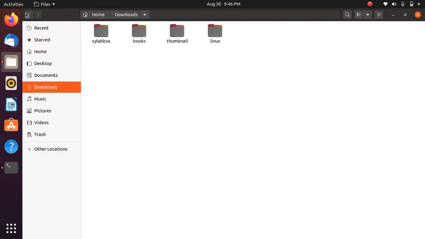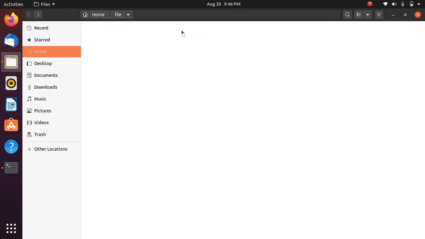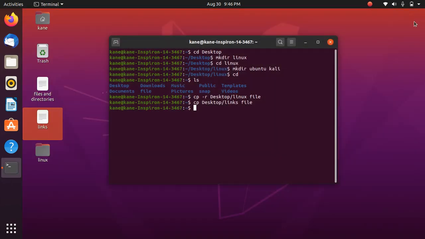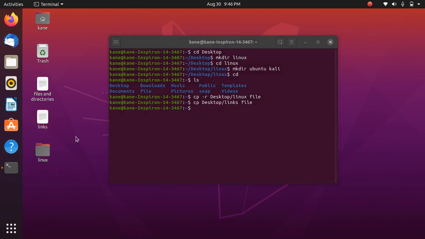As you can see, links is successfully copied inside the folder named file. So in this way you can copy a particular file or folder from one location to another location. If you want to copy one folder or one file, then you need to mention the path where it is located.